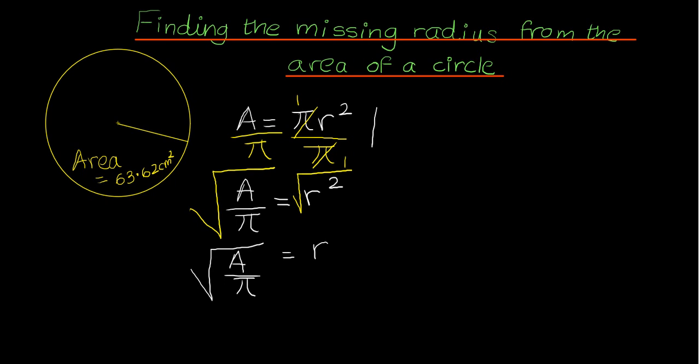and I've run out of space, so I'll carry on this side. And now I can actually substitute in the values. You could substitute in the values earlier on also, it's not really that much of an issue. The A is the area, 63.62. Let me just extend the square root over the value of pi, which we have been using, is 3.142, and it carries on, it doesn't stop at 3.142, so I'll put some dots here, is equal to,